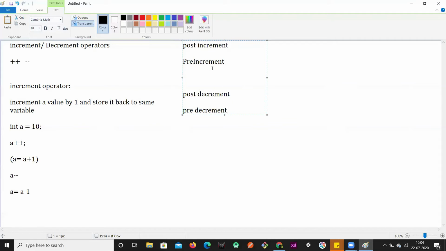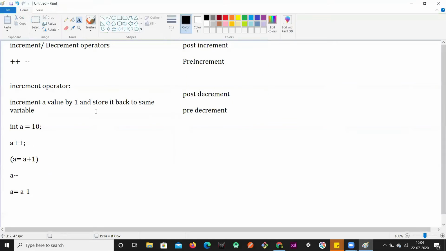So these are the four things that we have in the increment and decrement operators. These four are represented by using these two symbols only. The only difference is when should I increment or when should I decrement. Post means after. That is the when condition we are checking here.